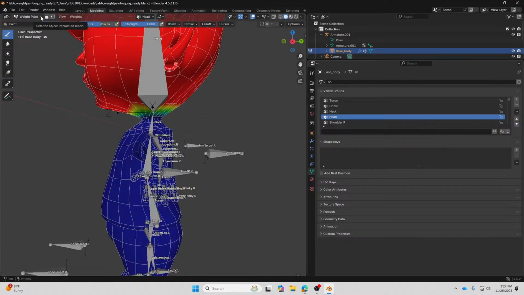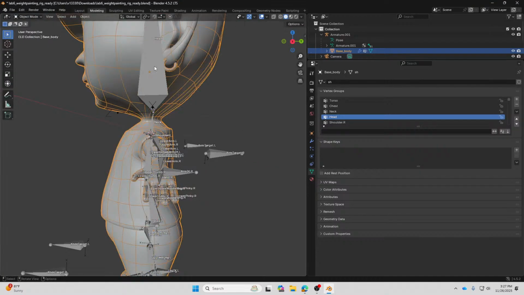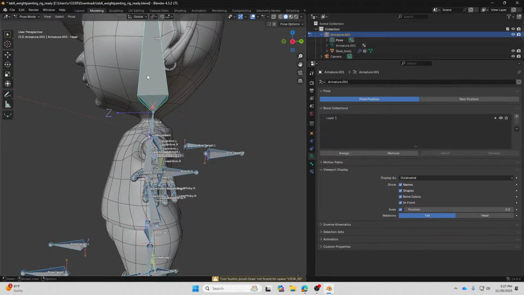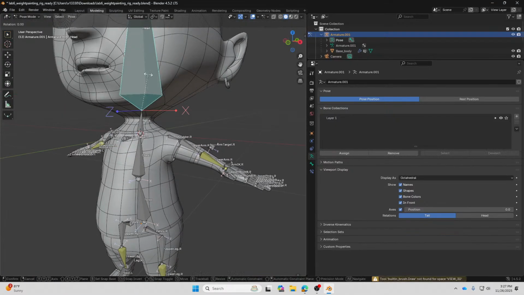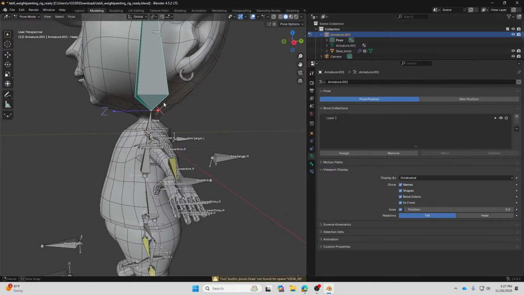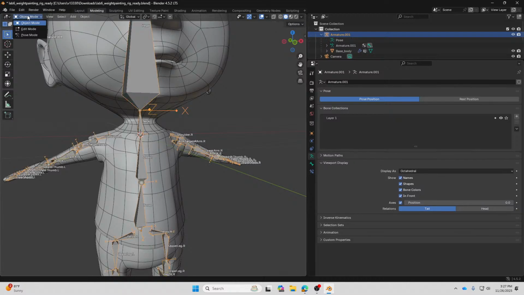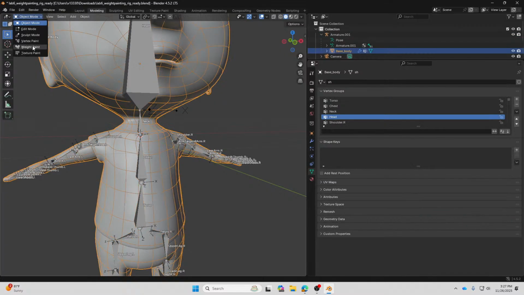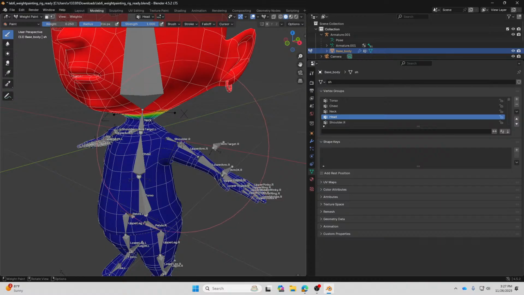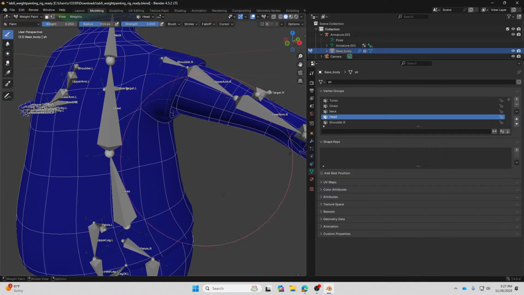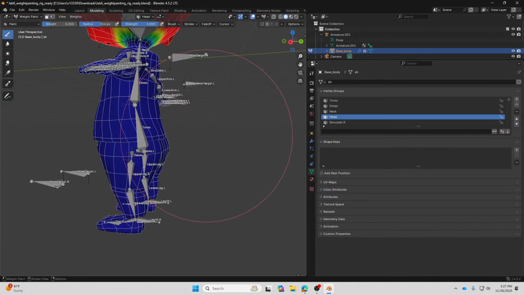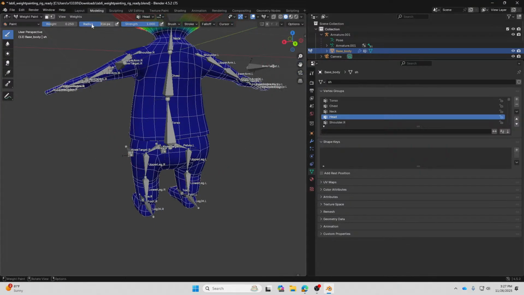But when you try to move the character in pose mode, it doesn't follow. And for example, you have hidden geometries over here somehow.